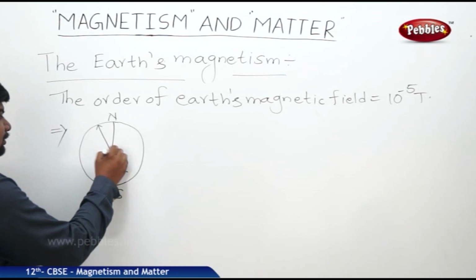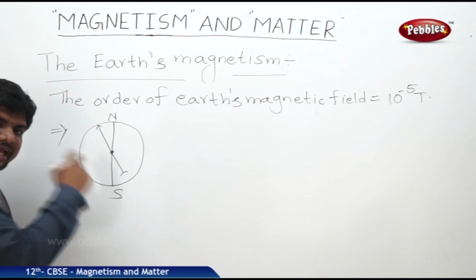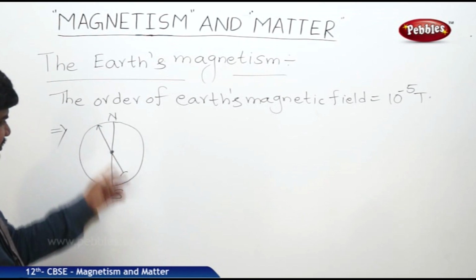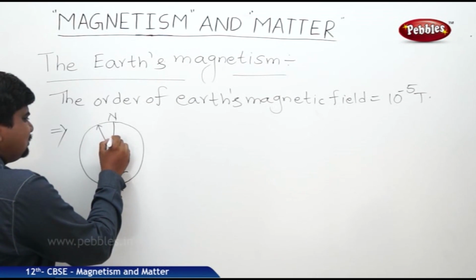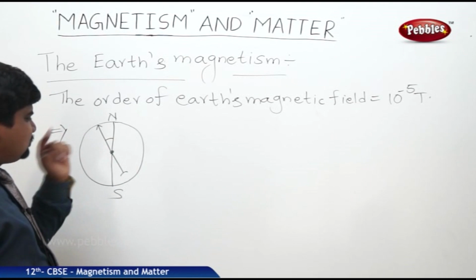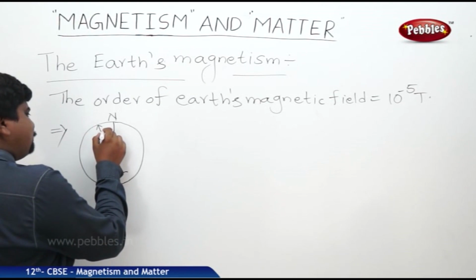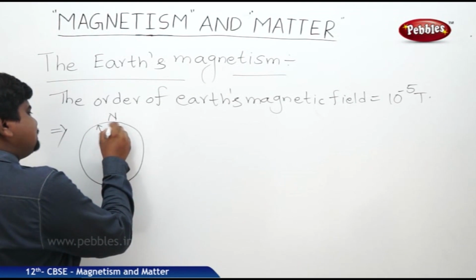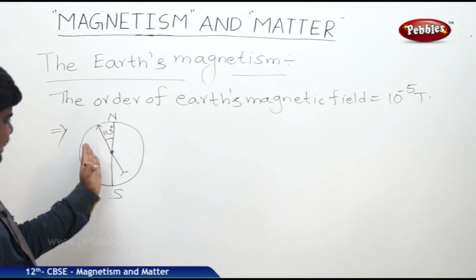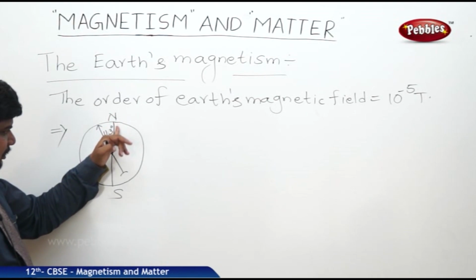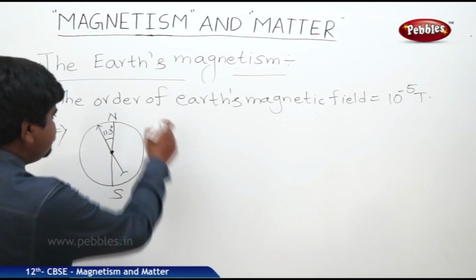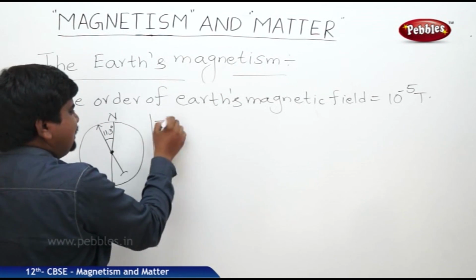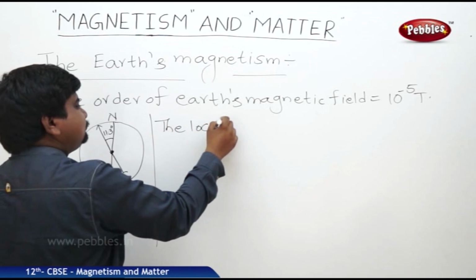Magnetic compass needle will always be like this, freely suspended. This NS is the geographical axis. This compass box is the magnetic dipole axis. There is always a separation between these poles and these poles. The separation is approximately equal to 11.3 degrees. It is not exactly merging with the north and south poles of the geology.